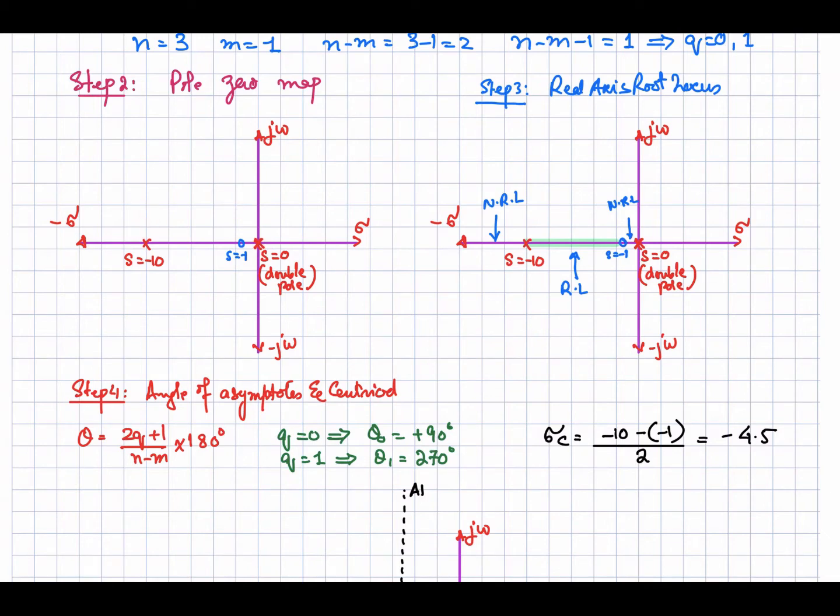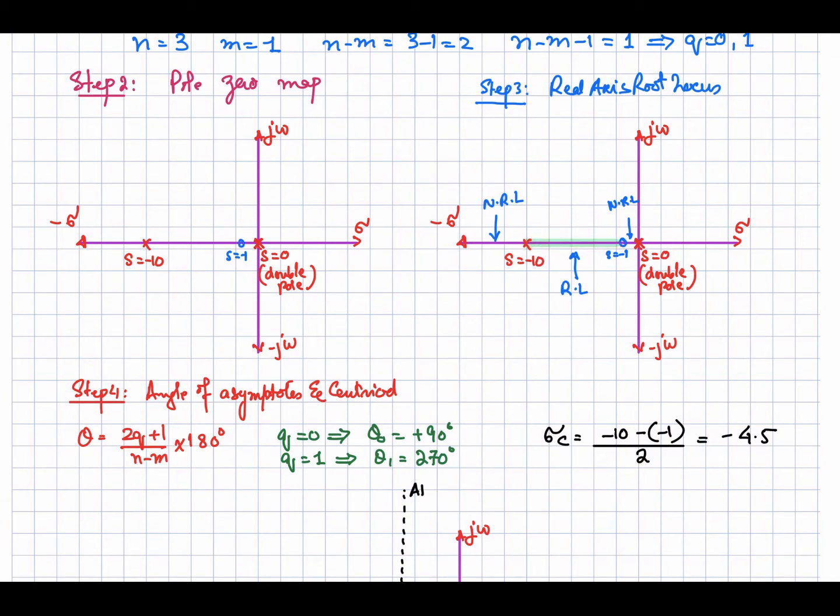Next, we'll see which part of the real axis is part of the root locus. If we take a test point over here, there are two poles on the right, so this is not part of the root locus because it's an even number. Now if we take some point at this portion of the real axis, and look towards the right, there is one zero and two poles, so the total count is 3. So it's an odd number, so this portion is part of the root locus. And if I take the test point over here, we have 4 poles and zeros on the right side of this one, so it is not part of the root locus. So this portion is the part of the root locus.